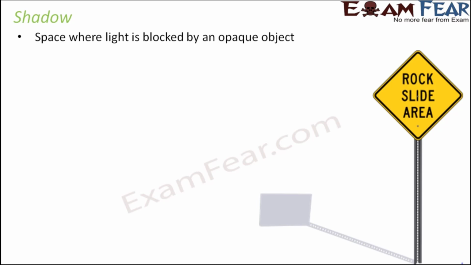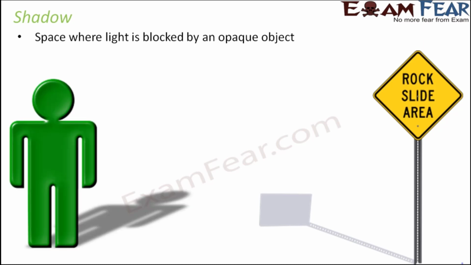Now shadows are also formed by translucent objects, because translucent objects also partially allow light to pass through them. So some part of the light is also blocked by translucent objects, but the shadows formed by opaque objects are more clear and more distinct. When you stand in the sun, you are able to see your shadow. How do you see that shadow? Because our body is opaque. We do not allow light to pass through us. That's why we are not transparent, and that is why a shadow is formed behind us. And if you look at the shape of this shadow, it is quite similar to our shape, because the shape of our body is not allowing light to pass.